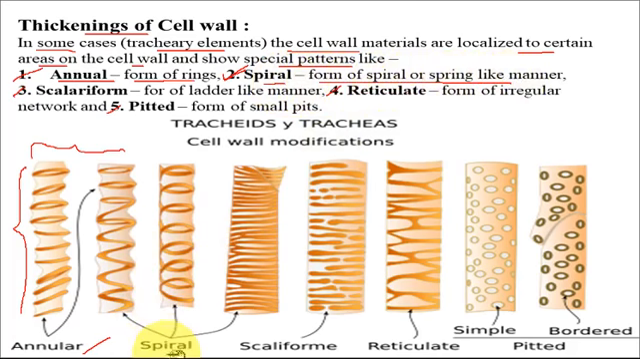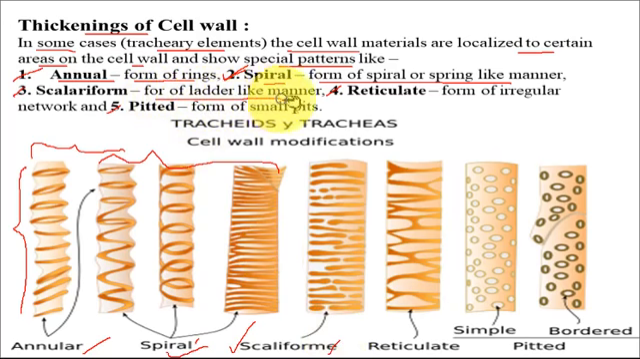Here you can see it. So this one is the spiral, where you can see like a spring the thickenings are distributed. Whereas the third one is the scalariform. So here you can see this one is the scalariform. So all these three are examples of spiral thickenings, and the scalariform thickenings are nothing but they are in